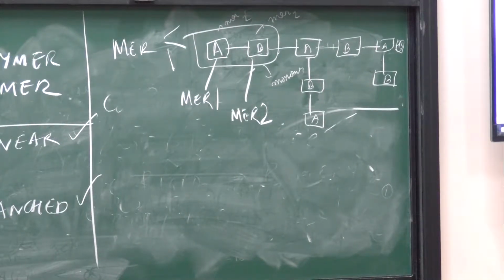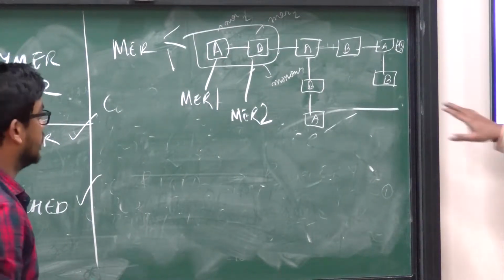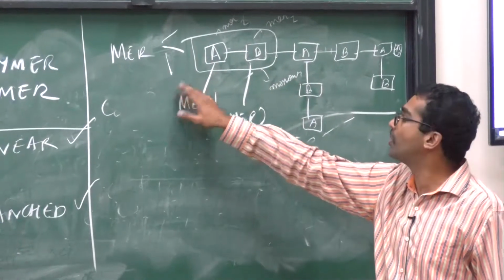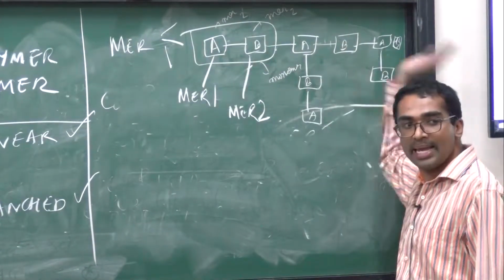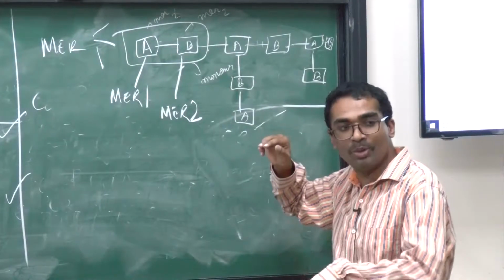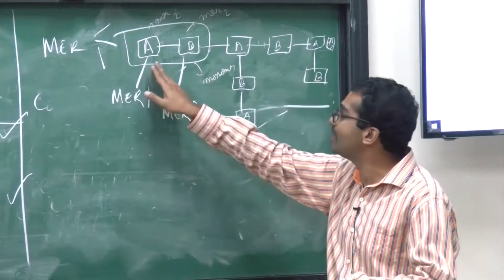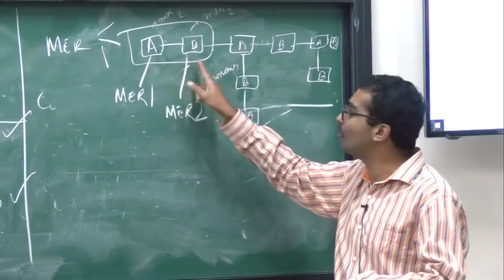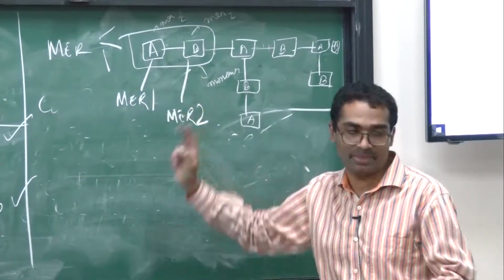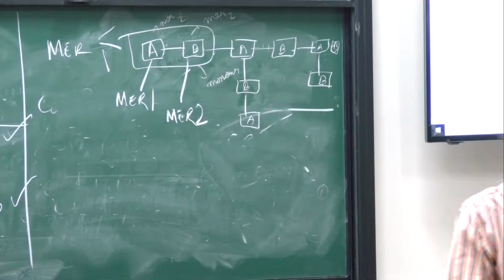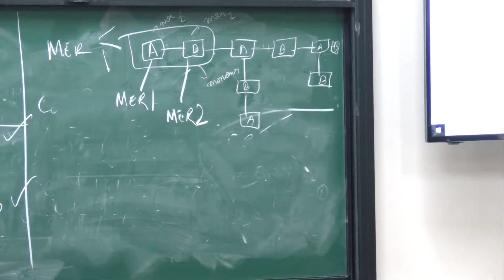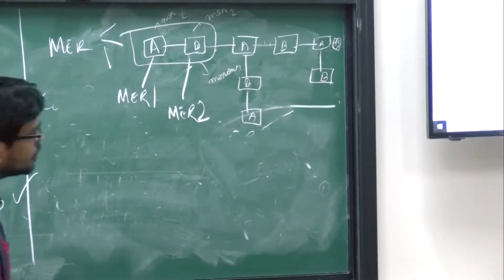And what is copolymer? If there are 2 mer units, like this, it is a copolymer. This is a copolymer because if it was just A, then A is the mer, A is the monomer and AN is the polymer. But here, when you have more than 1 mer, you have a copolymer. So it involves the union of 2 different kinds of mers. So that is what this polymer is.